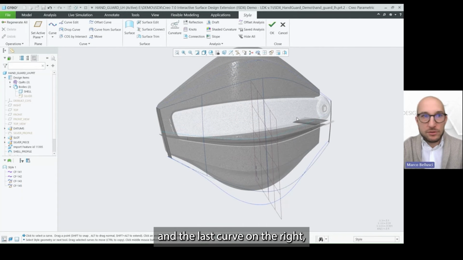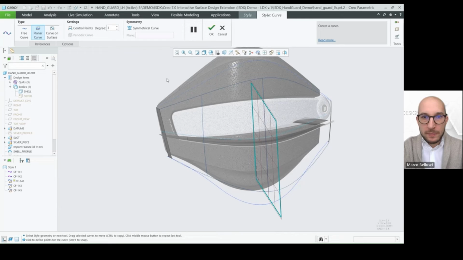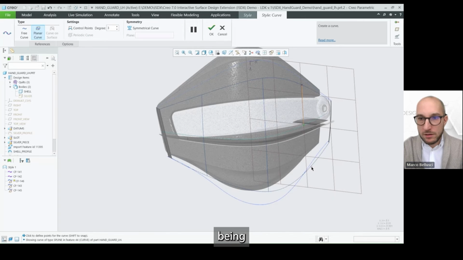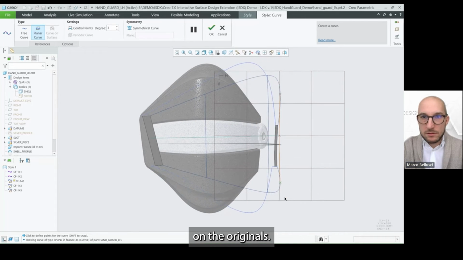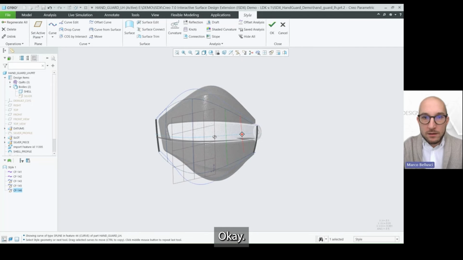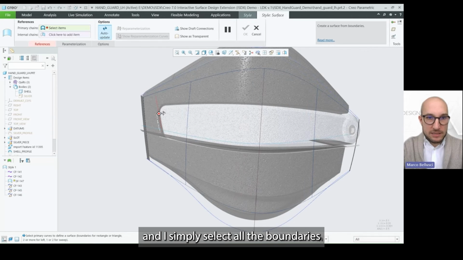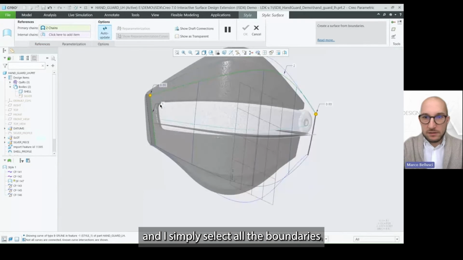And the last curve on the right, we change the plane here again and drop simply the curve by snapping on the originals. Okay. Now I have all the curves. I can create the surface and I simply select all the boundaries